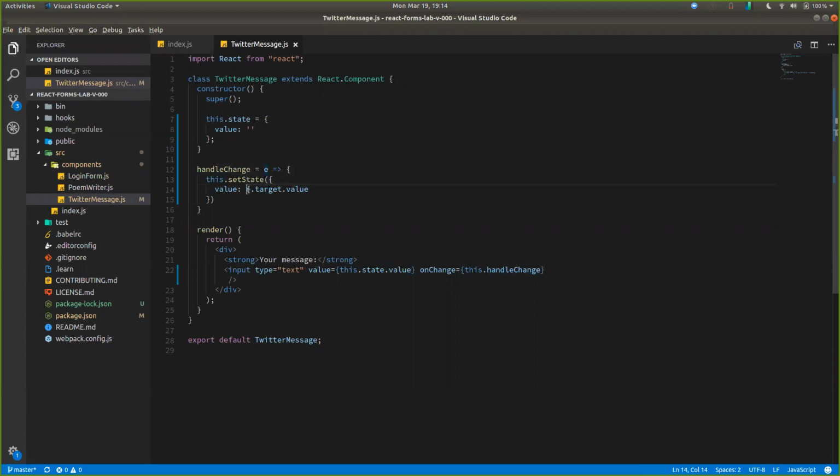And then it's taking the event and its target. And the target of the event is this input, and the value from that target. That value is going to be what we've typed into it and what's there. So it's going to take the value that's currently there plus whatever we've typed in, fire that off, and update